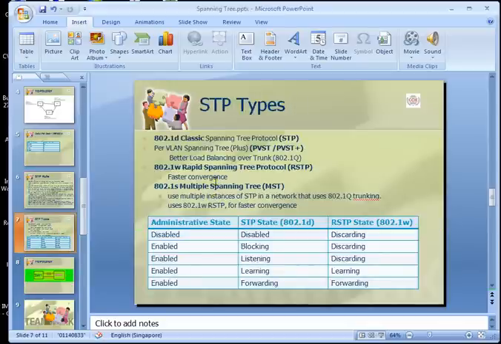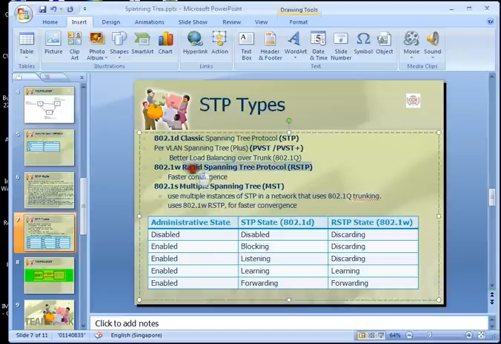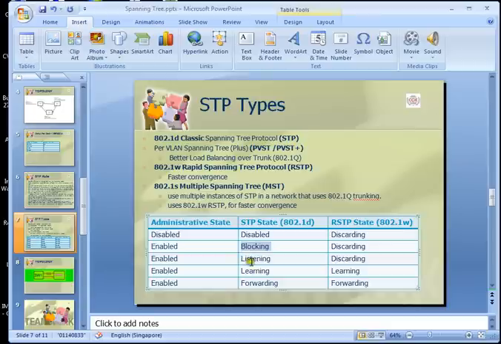Okay. Another one is rapid spanning tree protocol. Rapid spanning tree protocol has faster convergence compared to the classic STP, whereby STP has states starting from disabled, blocking, listening, learning, and forwarding.